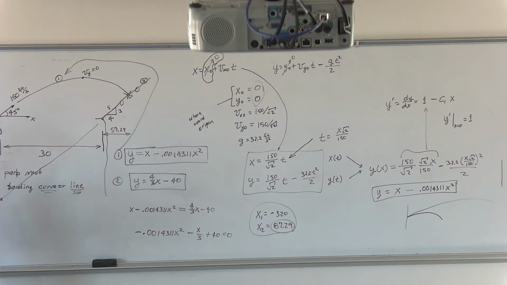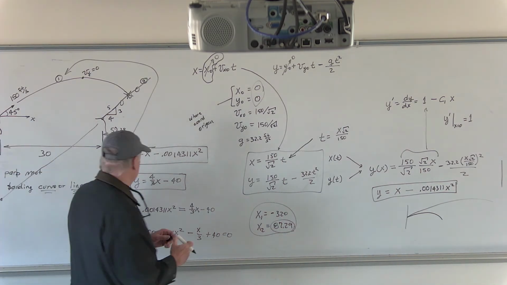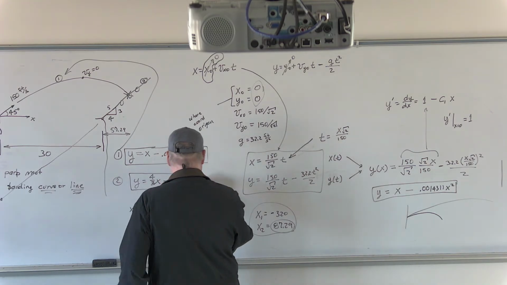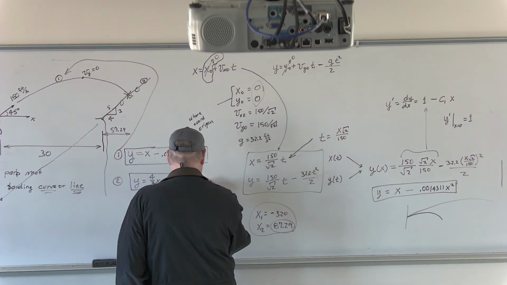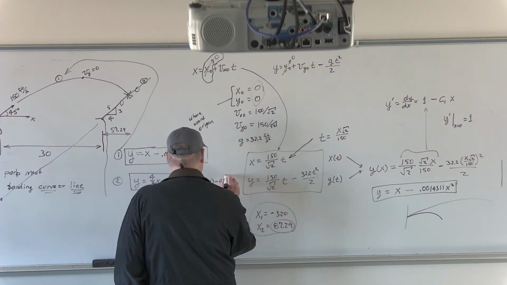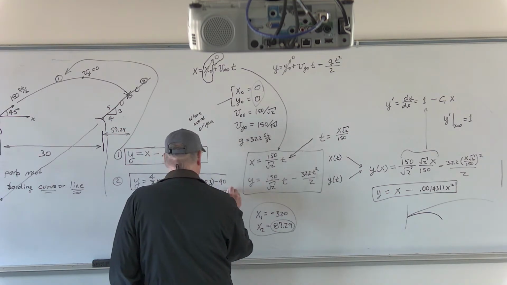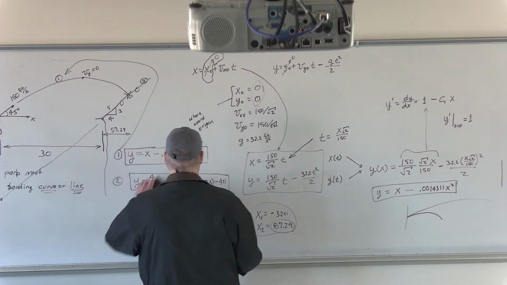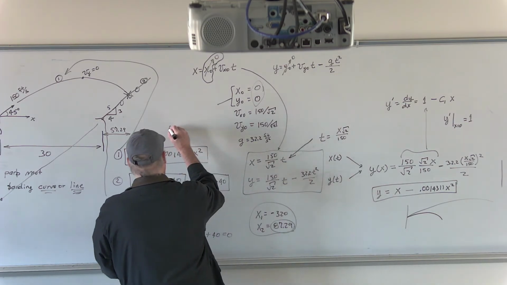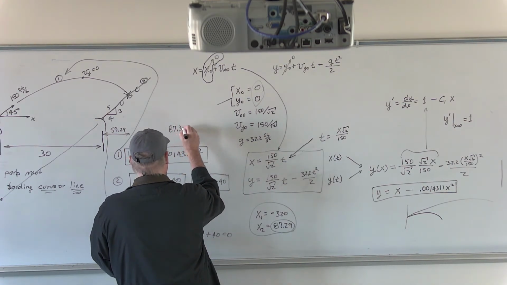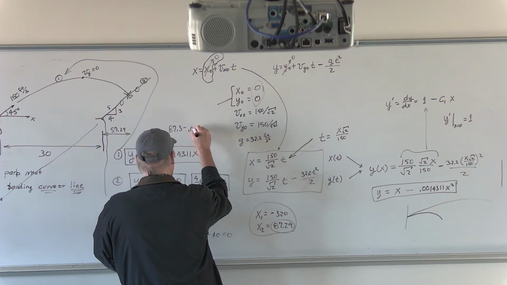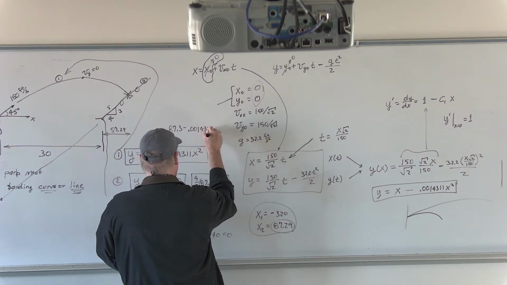Technically, we should be able to put in 4/3 of 87. I'm just going to say 87.3 minus 40. This number should give us about the same as 87.3 minus 0.001431